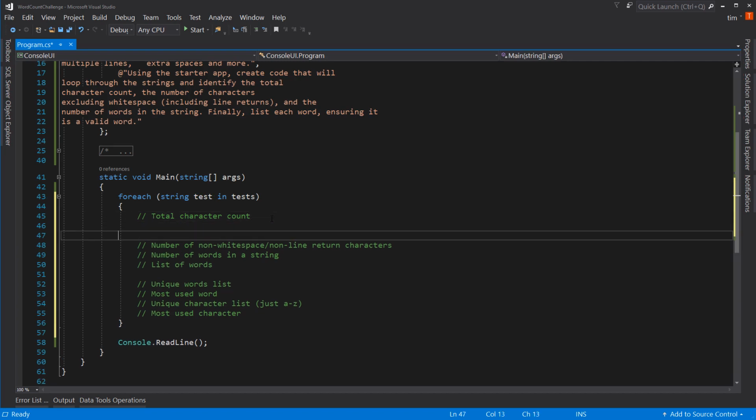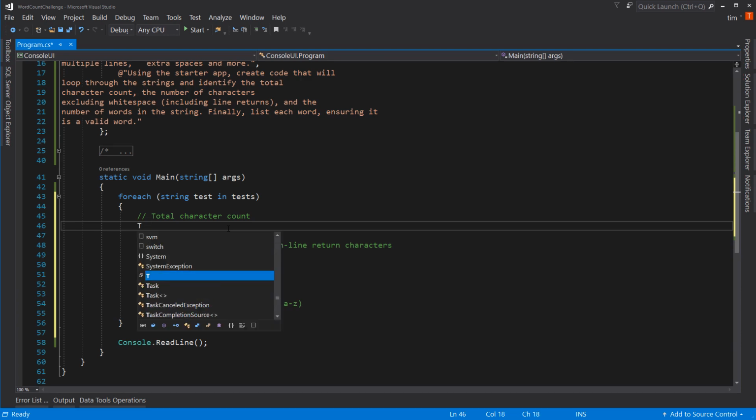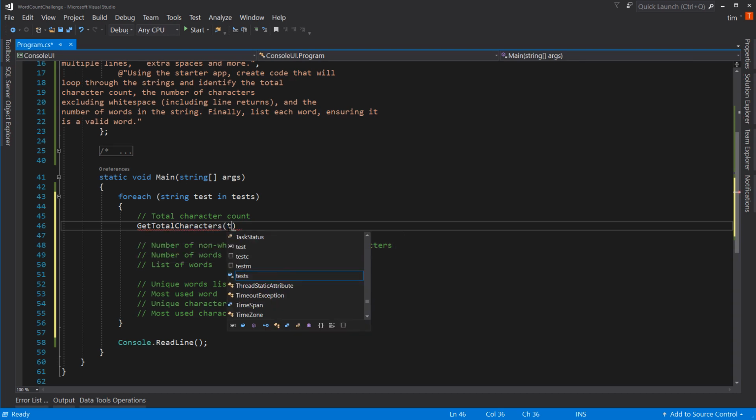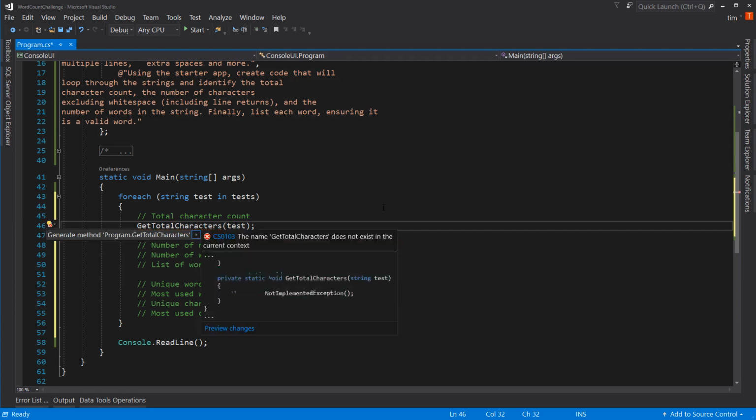All right, so let's start off with the total character count. Let's create a method here. We're going to call this get total characters, and we'll pass in our test, and we'll just do